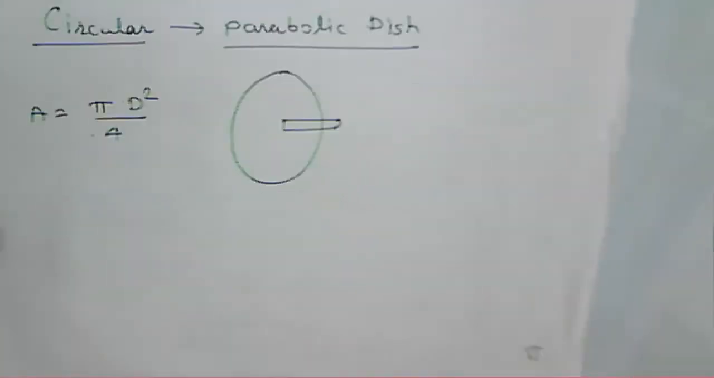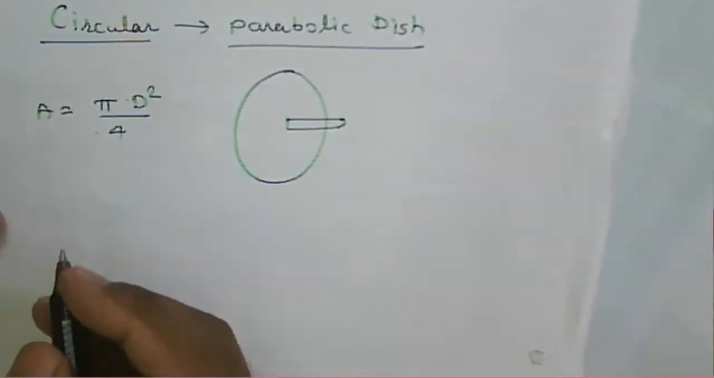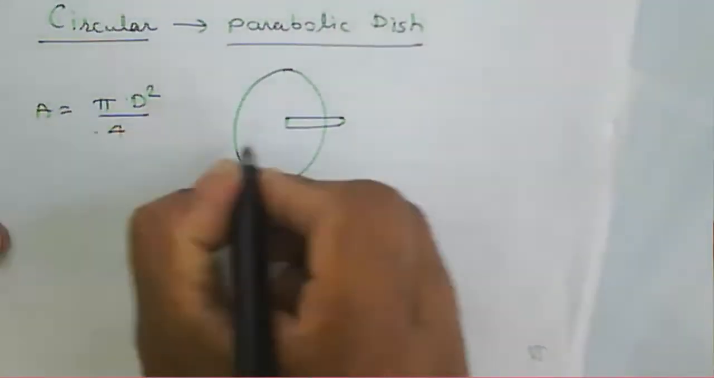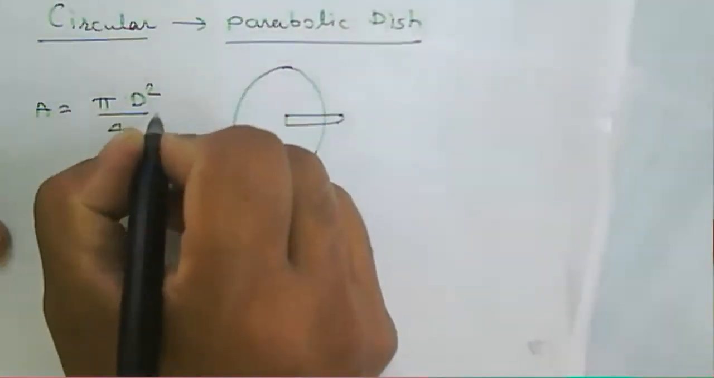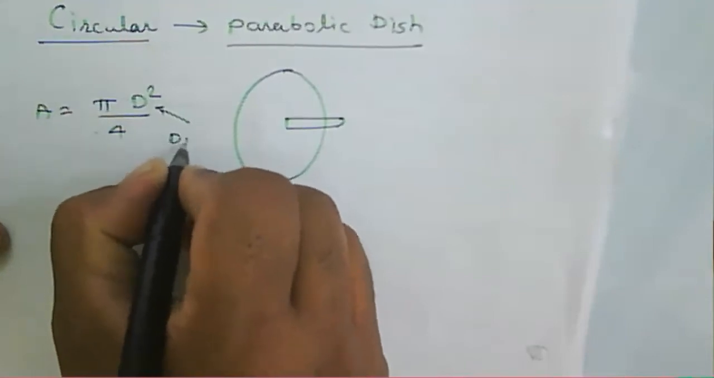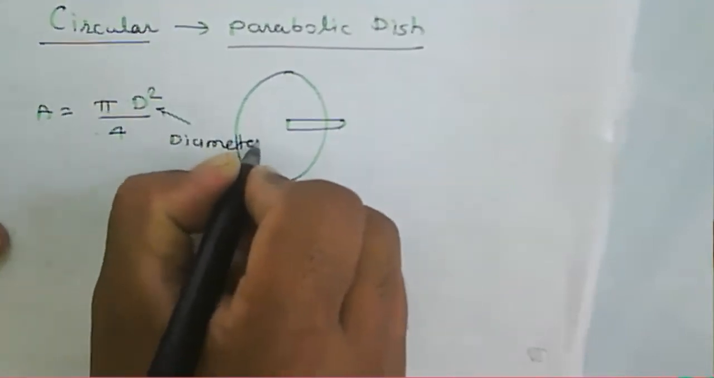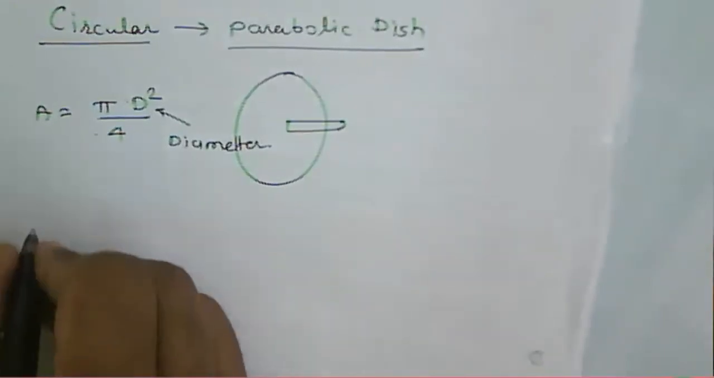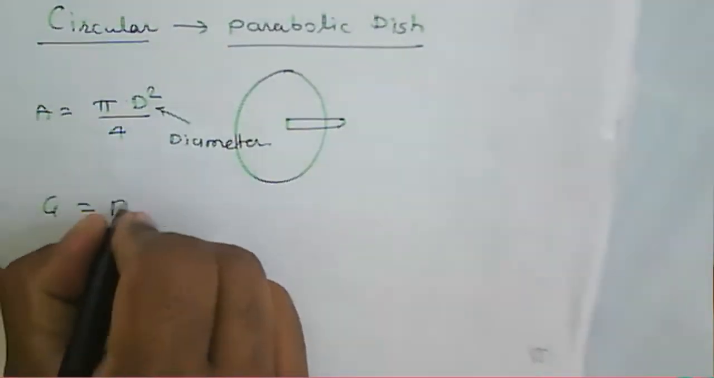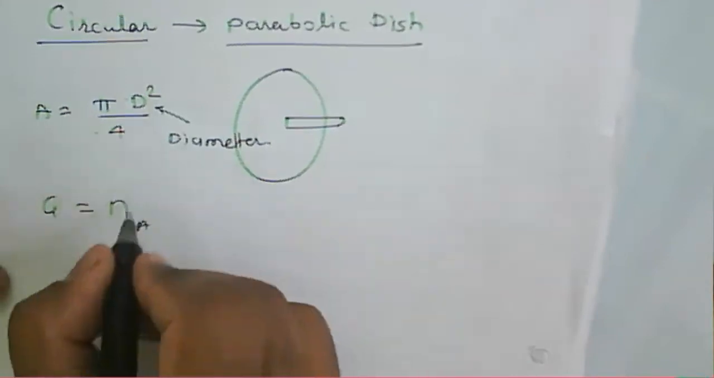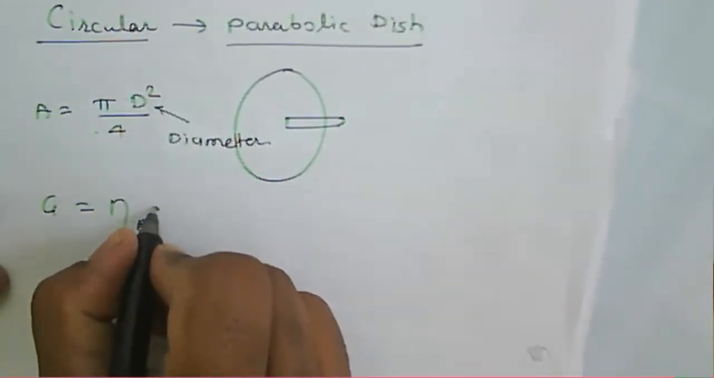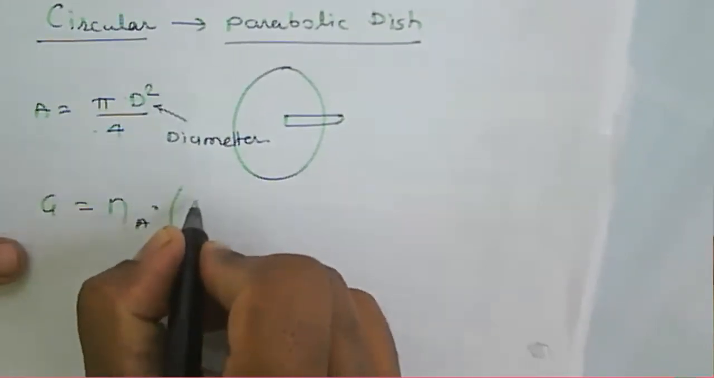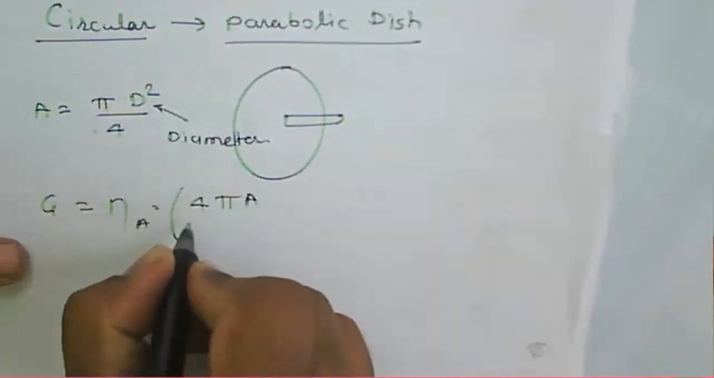That's the area, equal to 4 pi d square by 4 here. This d is nothing but the diameter of an antenna, and this one is about a circular antenna. So that's why we can write the gain with respect to aperture or antenna efficiency here. Then aperture area 4 pi A,